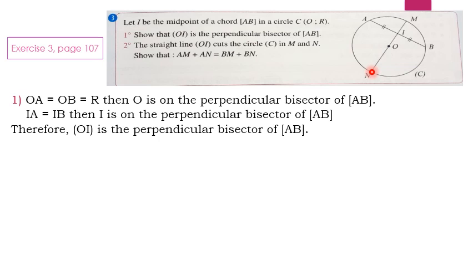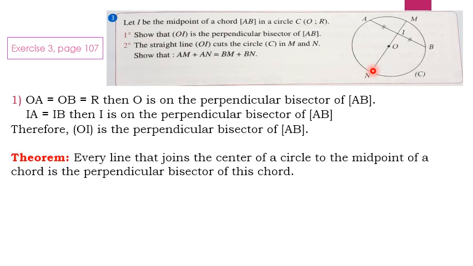Show that AM plus AN equals BM plus BN. How to think? Equal segments, so they should be placed on the perpendicular bisector, and we have OI as the